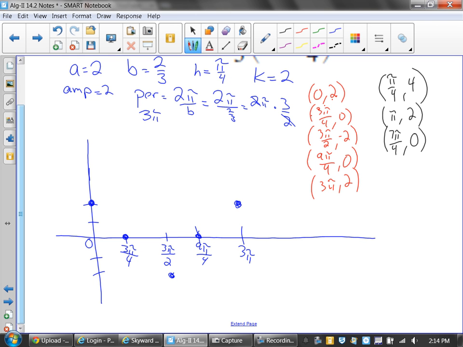So you want to put 5 pi over 2. And lastly, 3 pi can be written as 12 pi over 4. Add a pi over 4 and you get